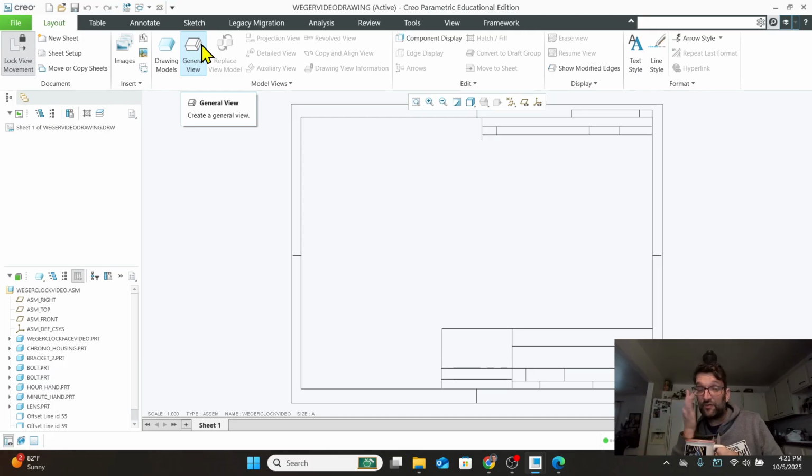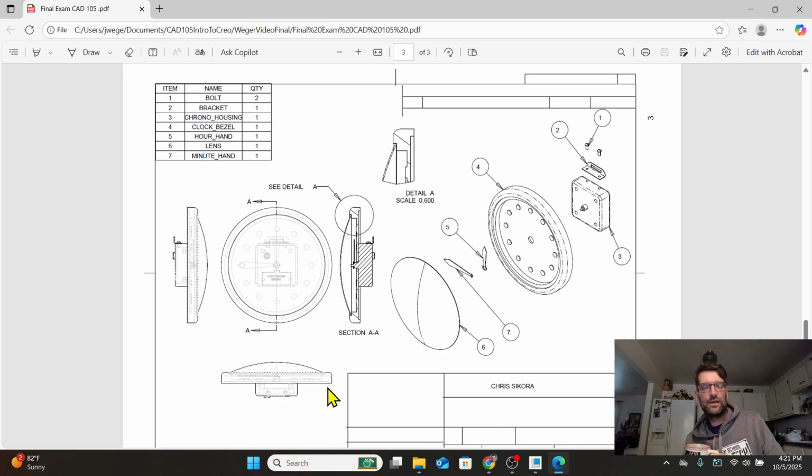All right, so we're going to dump in our first view, our primary view. What do we need on this thing? This is what we need. We need to have a primary view of the front face of this. We need to have a bottom view, a left side view, a right side view, which is sectioned